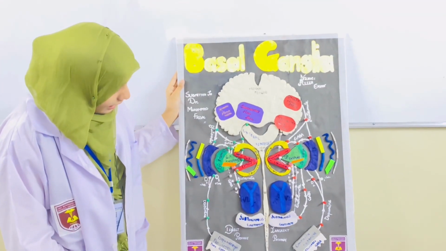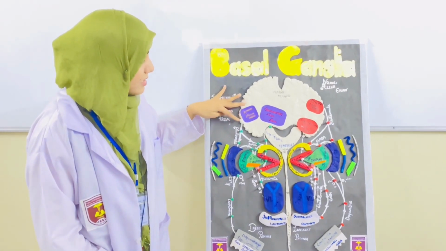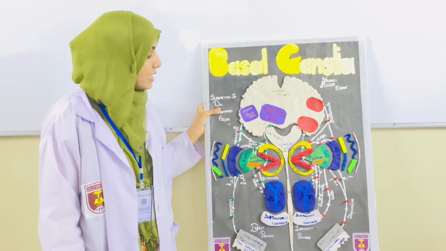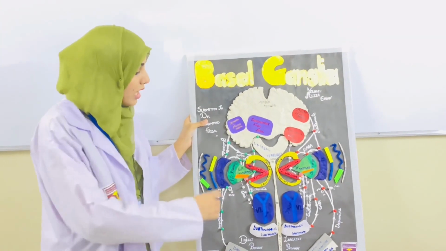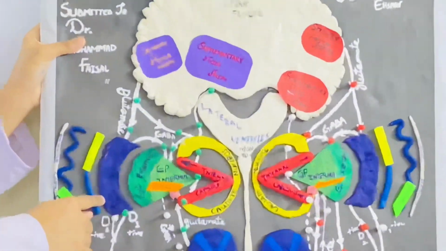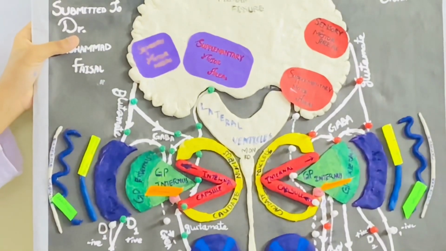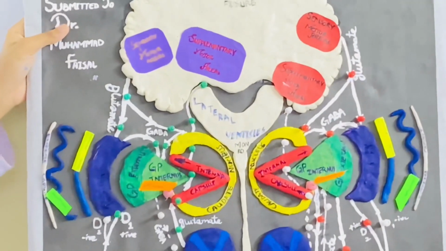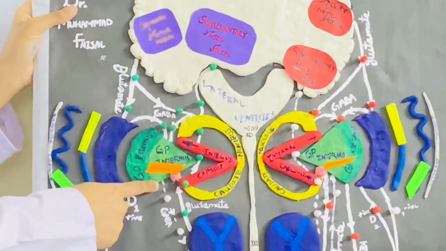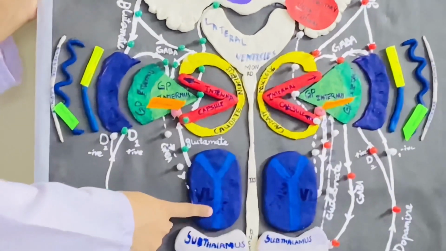The direct pathway starts from the sensory and motor areas. From the sensory motor areas, the glutamate excitatory neurotransmitter goes to the putamen as well as the caudate nucleus. From the caudate nucleus and putamen, the GABA fibers go to the globus pallidus internus. From the globus pallidus internus, the fibers, which are in small number, go to the ventrolateral nucleus of the thalamus.